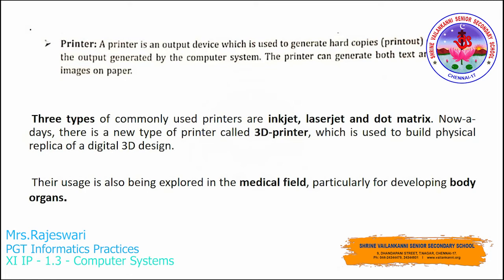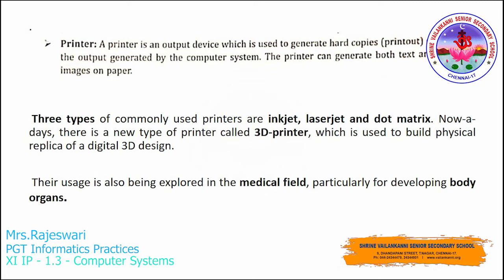So in these two categories, inkjet, laserjet and dot matrix, we classify them according to their uses. If you consider a laser printer, there will be no mechanical contact between the printer head and the paper, which comes under the non-impact printer. Whereas the dot matrix printer is much similar to the typewriter. So there will be a mechanical contact. It makes use of a dot to strike each and every letter on the paper. So that is how it produces the image in a dot matrix printer.